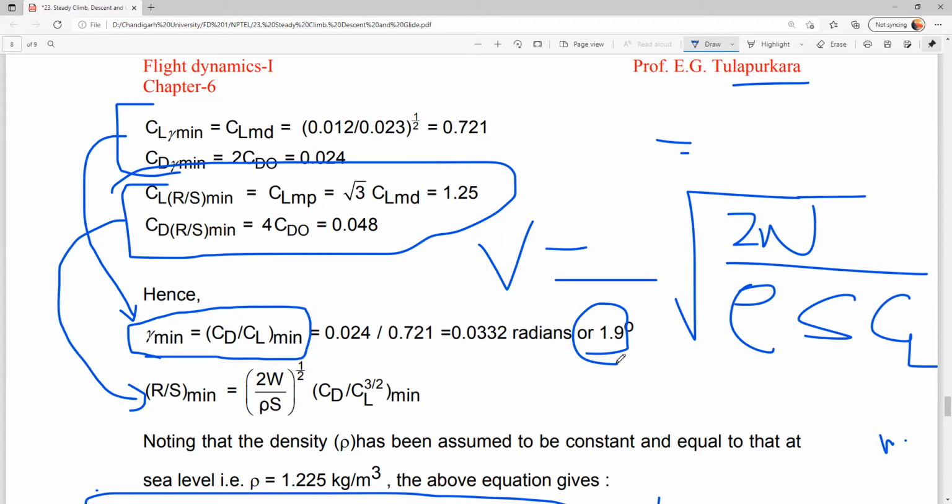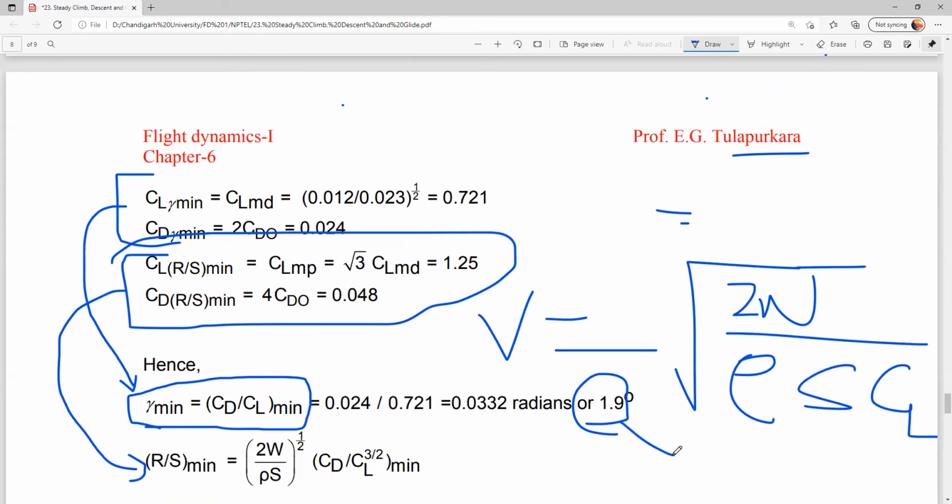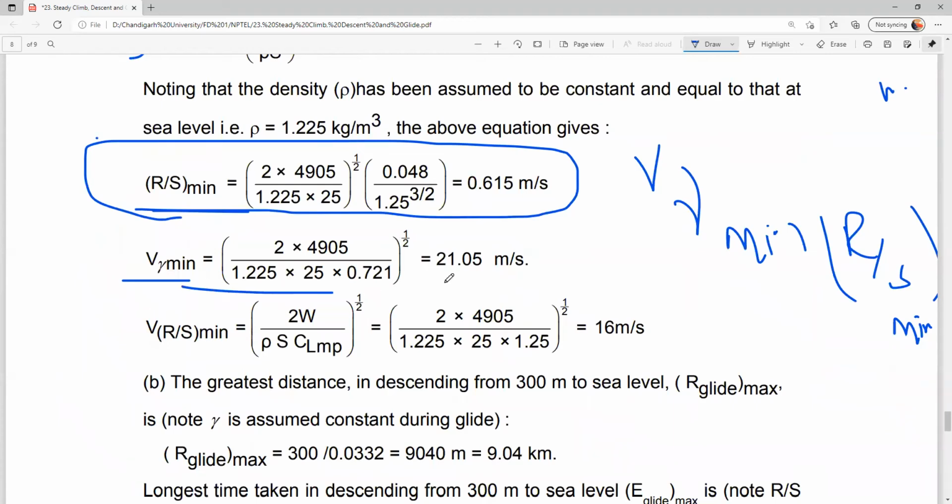So the initial thrust or initial velocity, whatever you are giving for longer range, also needs to be calculated, right? Even if I'm throwing by hand, or I have a launch pad, like a catapult launch pad for my glider, still I will fix it at 1.9 degree. But nowadays we are having sensors, right? If you are participating in a competition, you are having a controller also. Even though we don't have an engine, we can control the aileron, elevator, rudder also, right? So that way you can still maintain the required speed, so that you can get better performance.